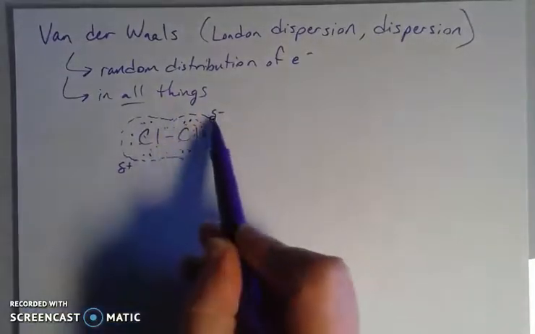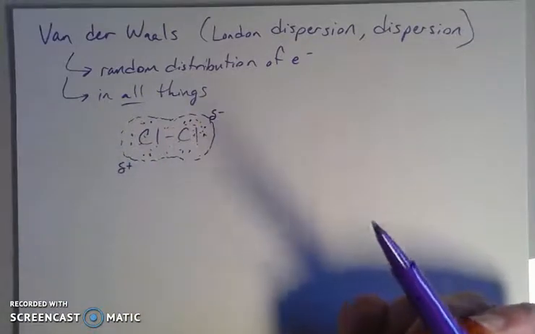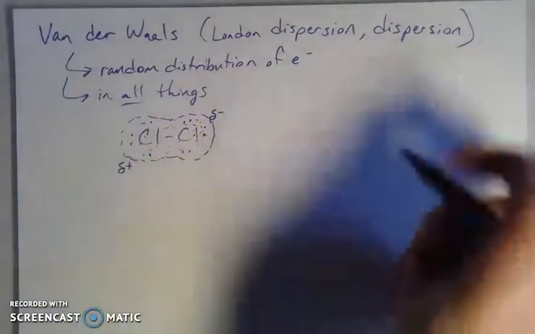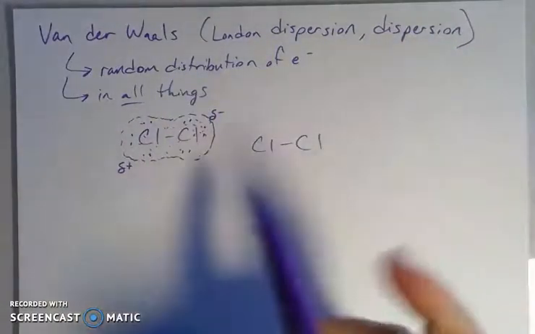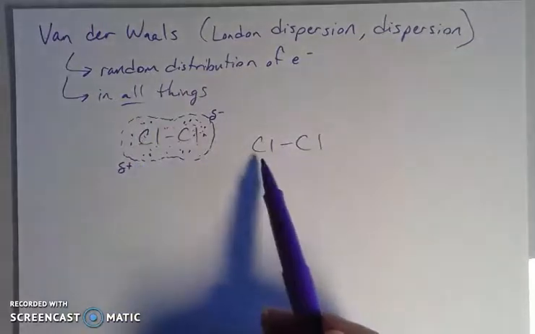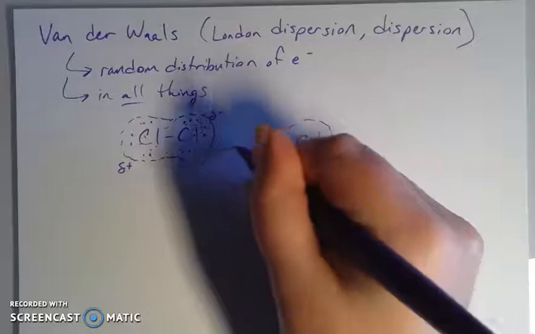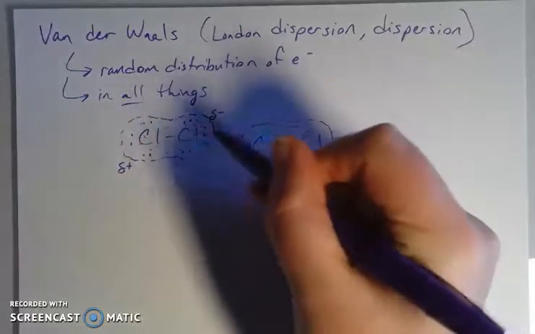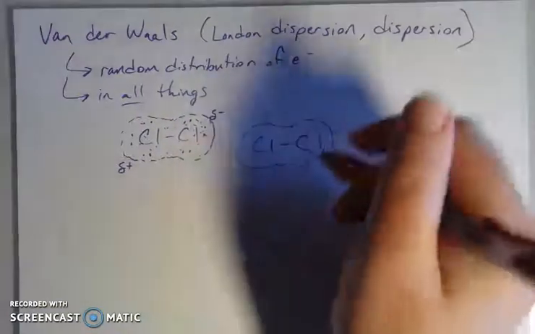Again, that's a lowercase Greek delta. And then where there's a deficiency, there's going to be a slight positive charge. Well, this is happening all the time in things. And if this guy comes and bumps into this one, the cloud around this guy is going to shift. If we have a bunch of electrons over here, the electrons on this guy are going to shift away,